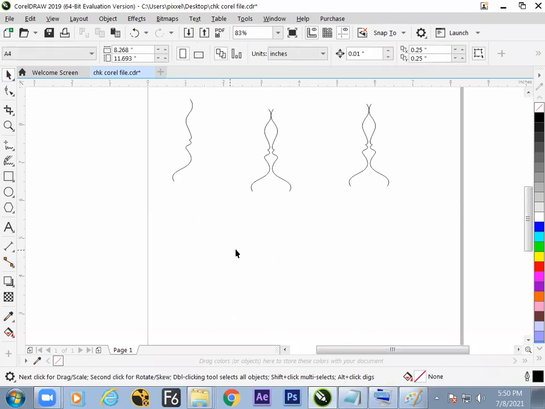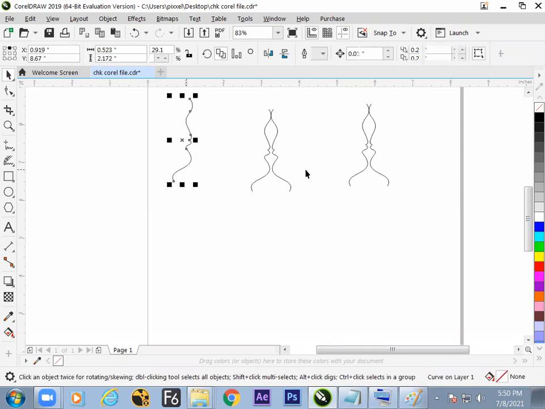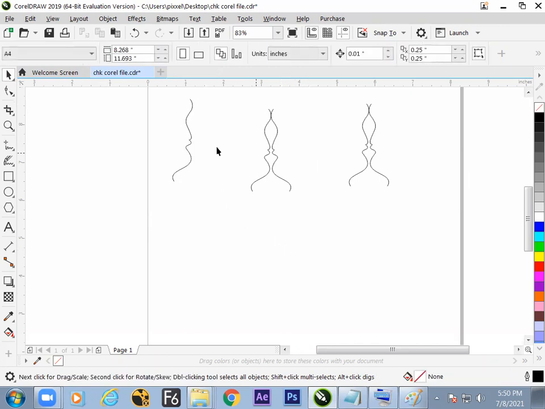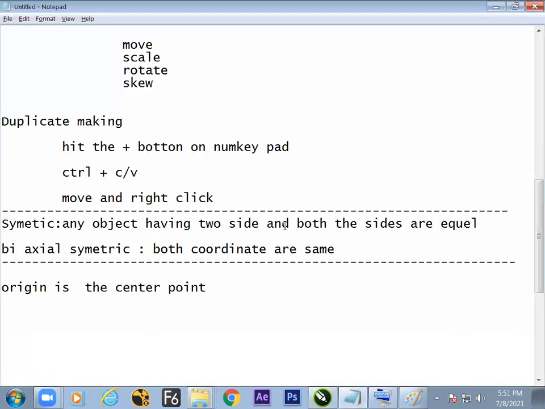So hope we got to know how Corel can turn a simple line into a design without going deeper into the software. Just on the option bar itself, one or two buttons are there. Click and job done. Is it okay? So the task of the day: make some symmetrical design with freehand drawing. Task of the day.